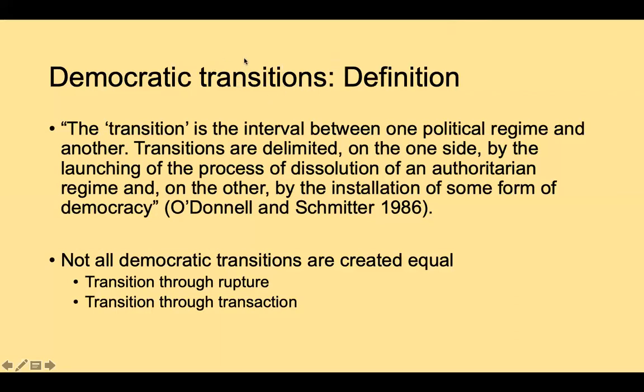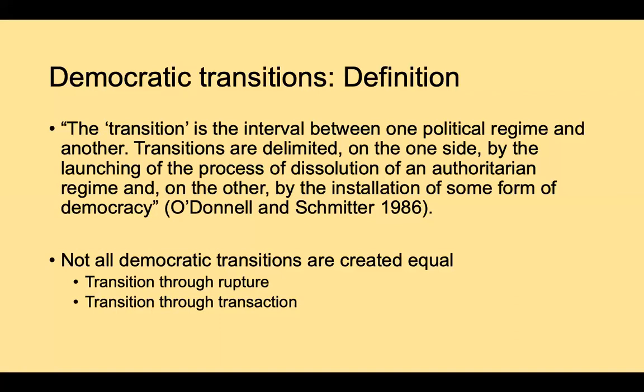A reverse wave is not a restructuring. A reverse wave is basically a pattern of transitions from democratic to authoritarian rule, or what we would call democratic regime failures, when countries revert to authoritarian rule and democracy fails in those countries. So after discussing the causes of democratization, we've got to address the concept of a democratic transition itself, which is the actual interval between one political regime and another.